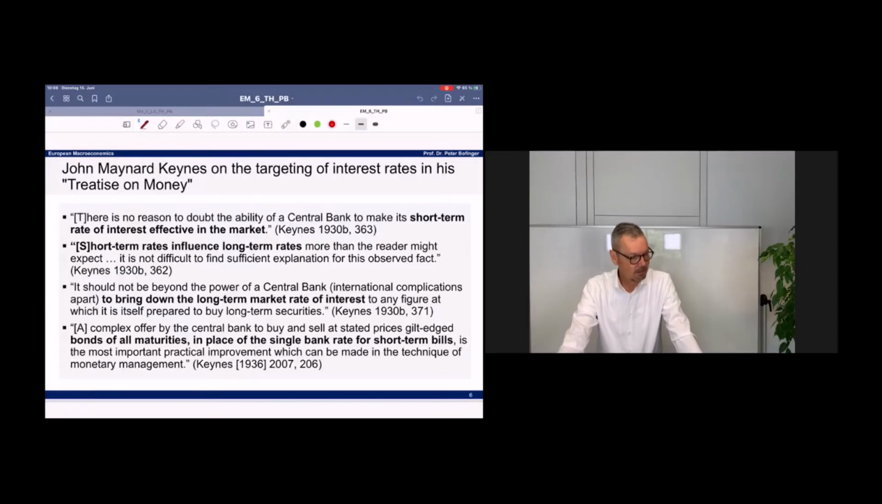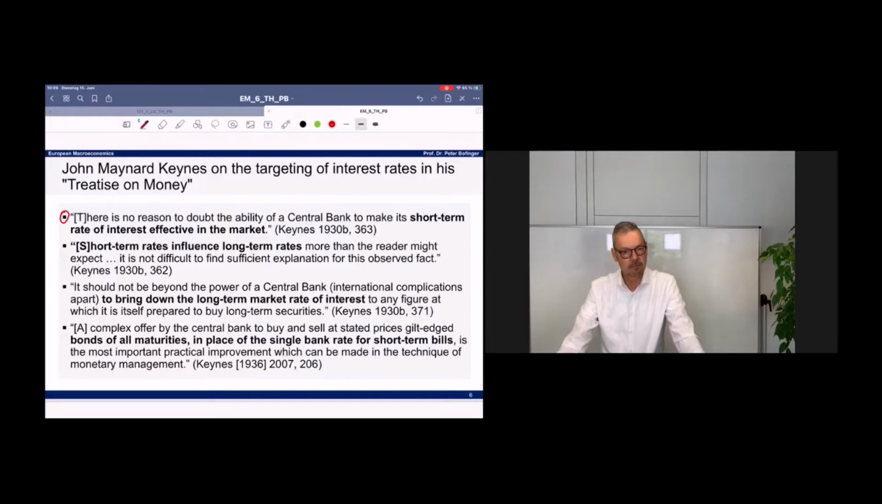But he's really someone who was very familiar with financial markets. And what I just presented you, these 2 different ways for central banks to target interest rates, is something that he described already in the 1930s in his treatise on money. And he says, first, there is no doubt, no reason to doubt the ability of a central bank to make its short-term rate of interest effective in the